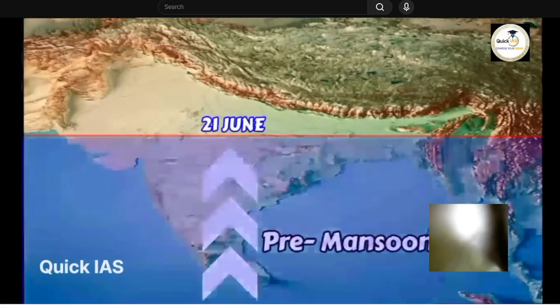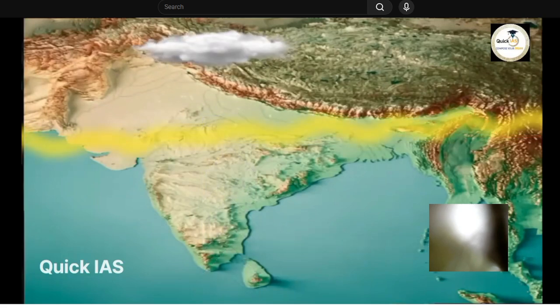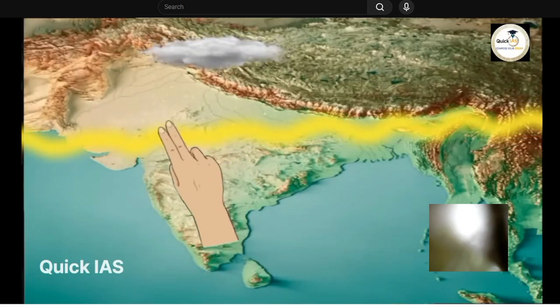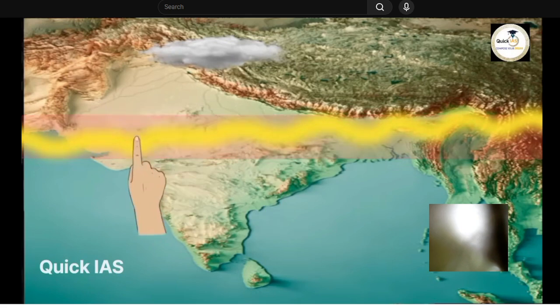Now, we will study the southwest monsoon. Currently, the ITC route is present in the Gangetic Plains of India, so the temperature here is extremely intense. Rajasthan already has a desert region, and the presence of the ITC route here will increase the temperature even further. This will create a very low pressure area, which the winds from the Bay of Bengal and the Arabian Sea will not be sufficient to fill.